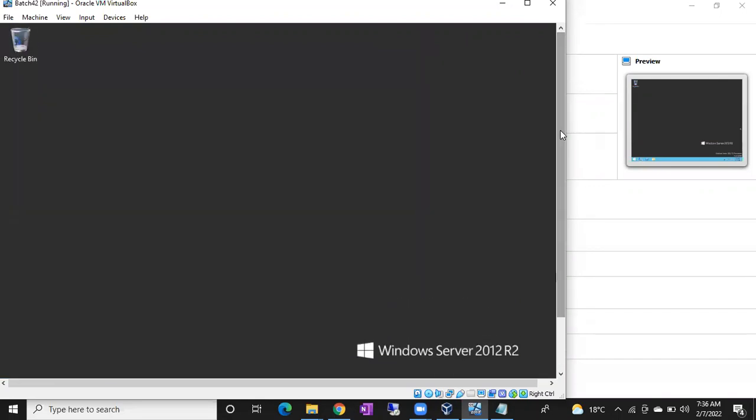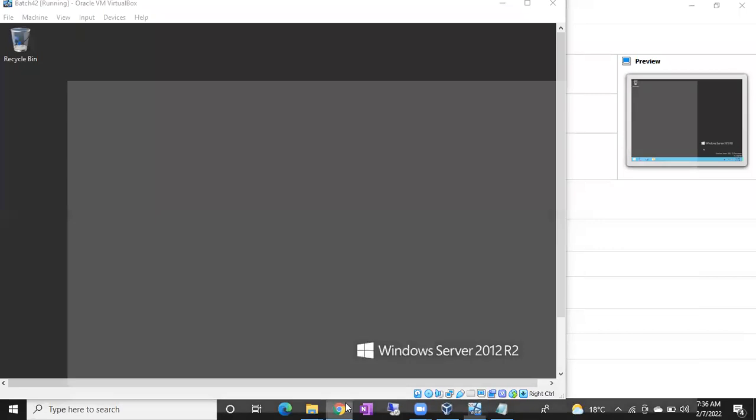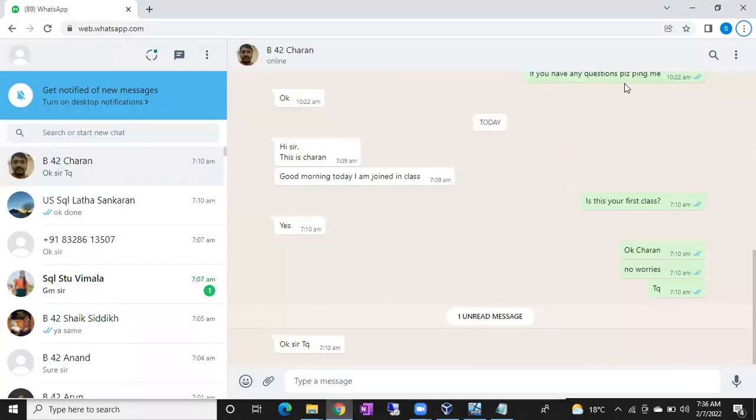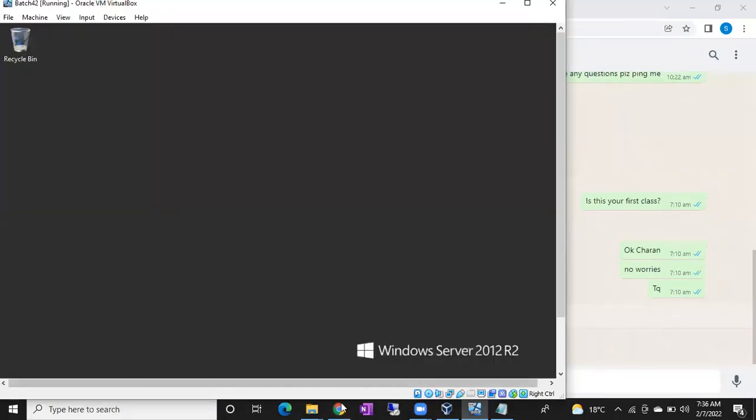So how can I connect in a different way? I want to connect to the server remotely. How to connect to the server remotely, guys? First of all, let me explain what remote connections are. So what I can do,